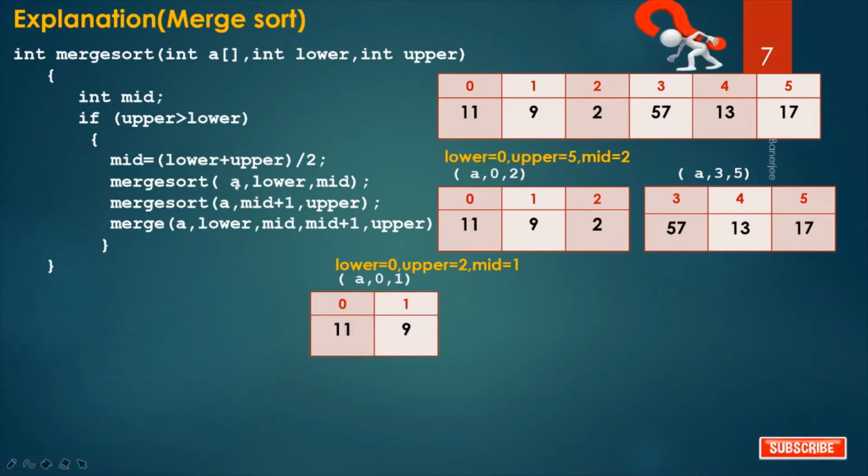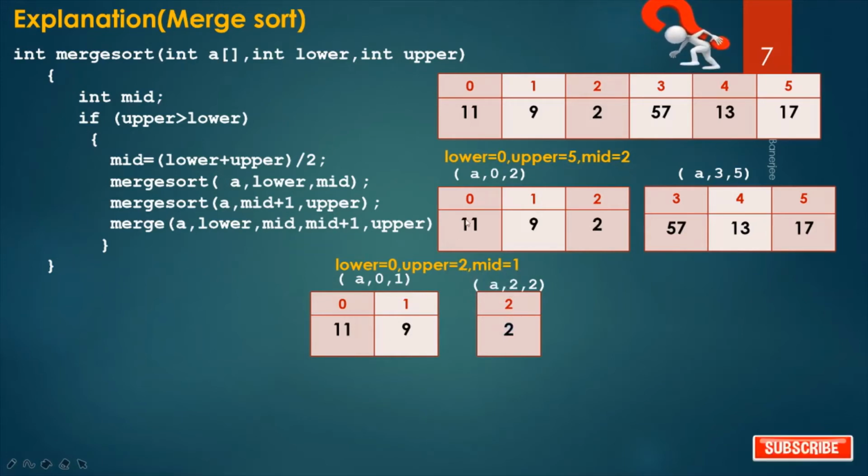So A is the array name, lower is 0 and mid is upper, A 0 1, and for the second part it is A mid plus 1 upper. Mid is 1, so mid plus 1 is 2 and upper is also 2. So call the function merge sort for the first part of the array, also for the second part.